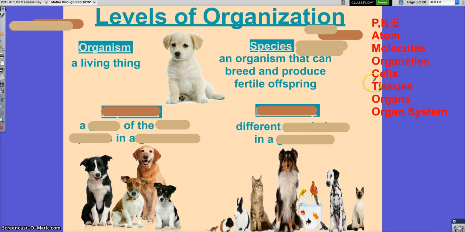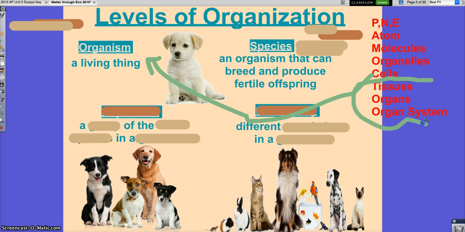Can we go from here to here and skip all this? If you're a living thing, yes. Okay, so with the levels of organization, not necessarily do you have to go through all of them. We are the most complex organism, so we have cells that make tissues, that make organ systems, but there are organisms like what? That are only bacteria, consisting of only a cell, and yet they're living and do all functions of living things, okay? Which means they reproduce and form what?